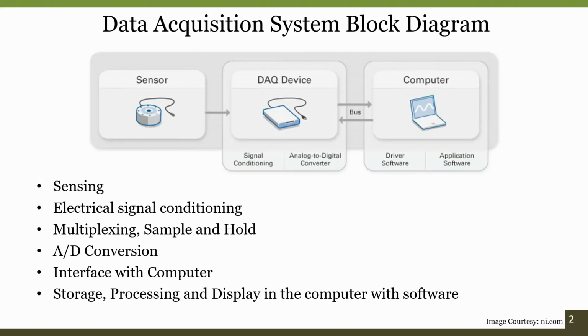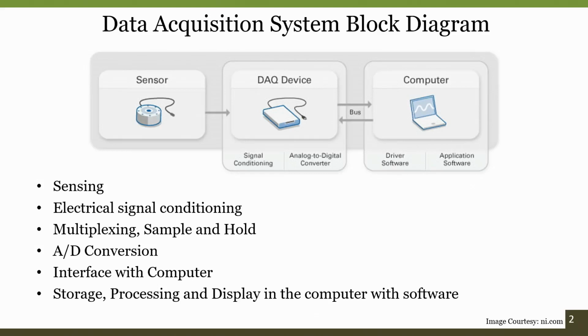But again, if I consider it as a subsystem where the output from the sensor is nothing but an input to the signal conditioning circuit, and the output of the signal conditioning circuit is an input to the analog to digital converter, you may ask a question: why can't we directly interface the sensor to the ADC? Of course, we can do that, but we do not know whether the output of the sensor is capable of directly interfacing to the analog to digital converter. So, in case it is not capable enough, then we require a signal conditioning circuit.